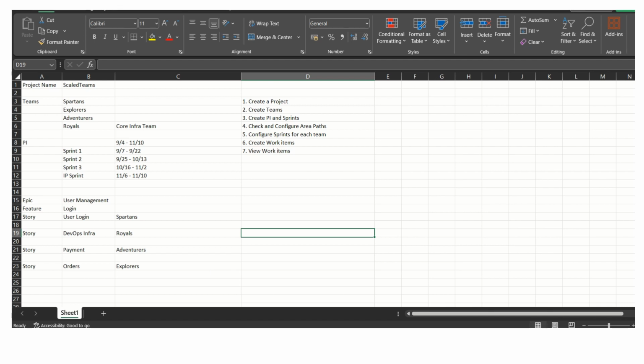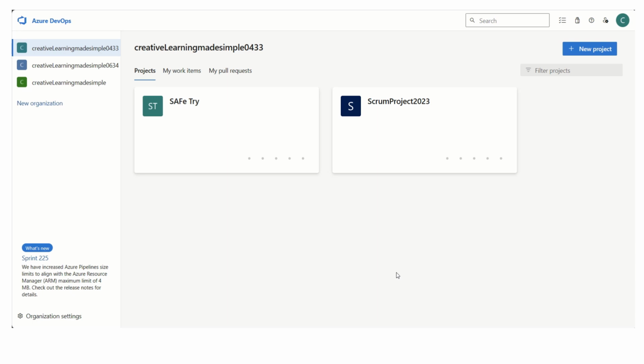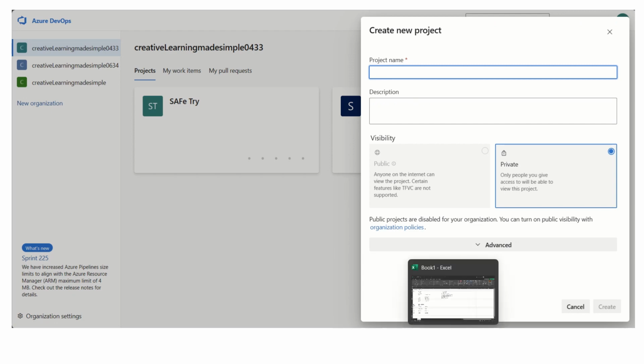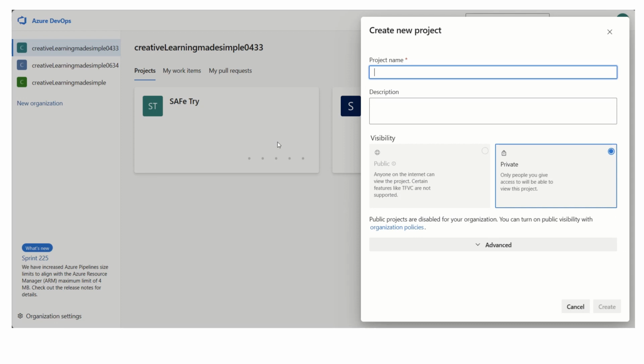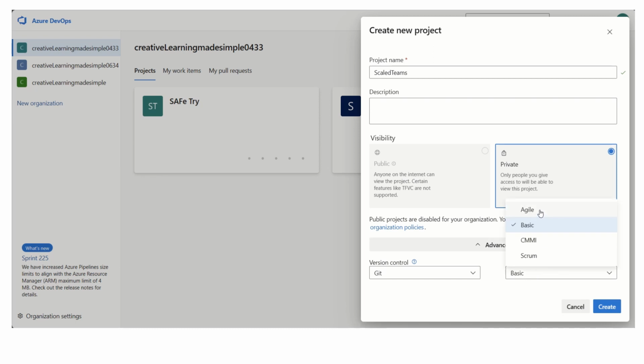So let us start. The very first thing we have to do is, I'm using this organization, Creative Learning Made Simple 0433. Now if we have to create a new project, I will give the same name. So the name is going to be Scaled Teams. And if I click on Advanced, we can select the Agile process. I will keep everything as it is. We are using Git as a version control. So if I click on Create,